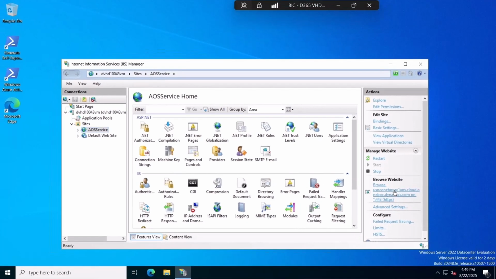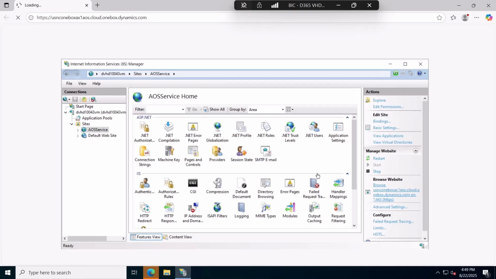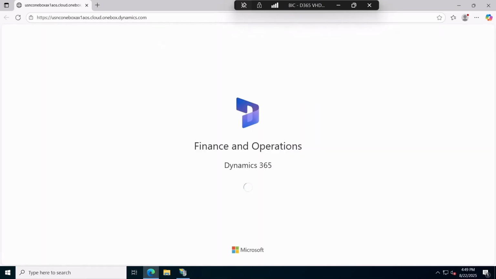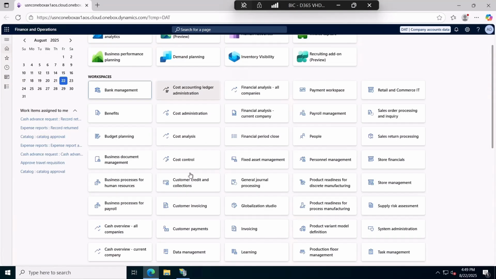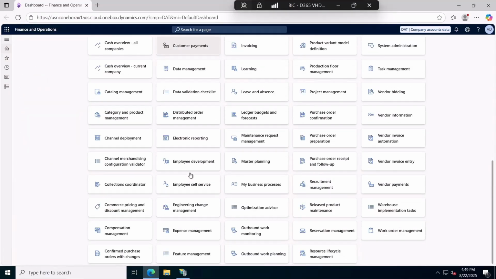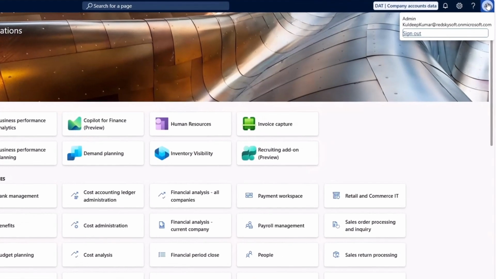We'll click on the link to open it in the default browser. The application will start loading. This might take a minute the first time as various services initialize. And there it is. Finance and Operations is now running successfully in our local development environment. If you look at the top right corner, you can see our email address logged in as the admin user. This confirms that the admin user provisioning tool worked correctly, and we now have full administrative access to customize and